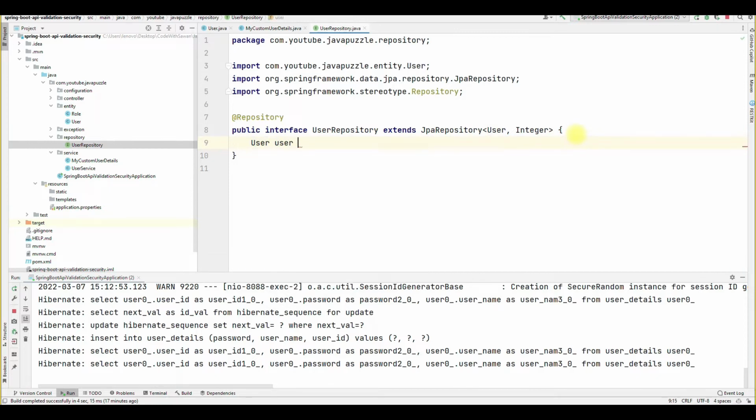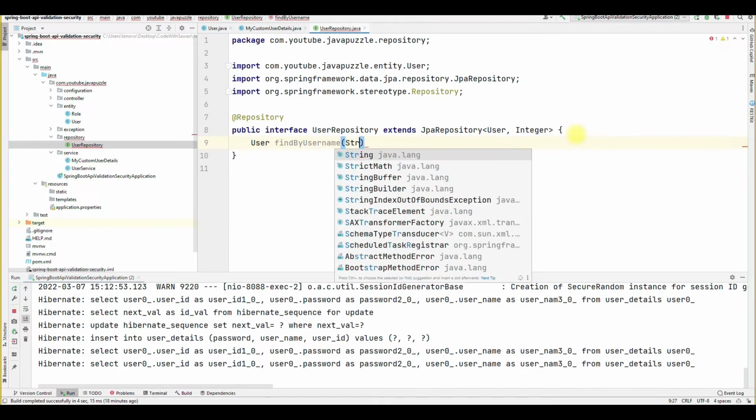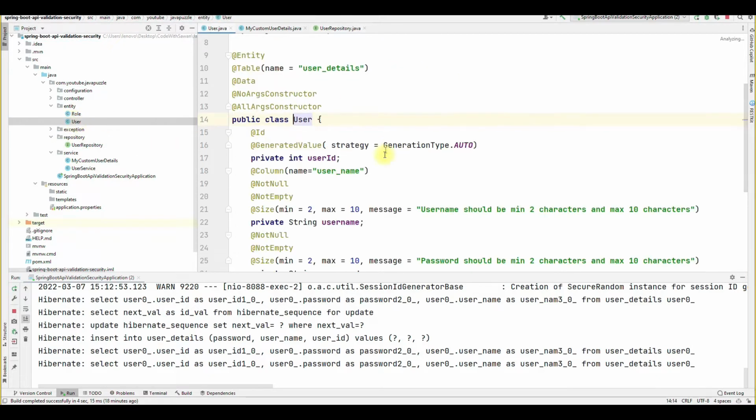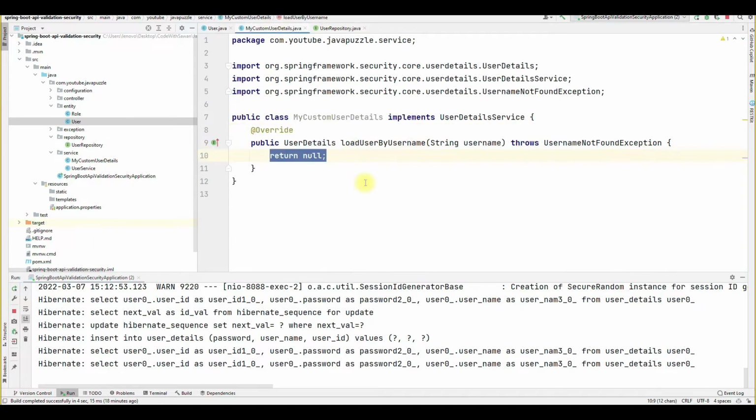User is equal to... not an object here, findByUsername, and pass the string username. Okay, let me check the username. Now let's go here.